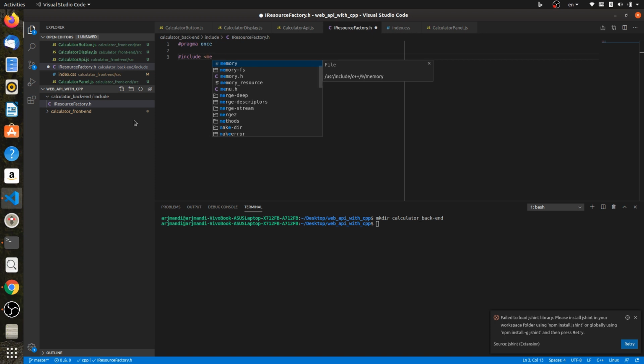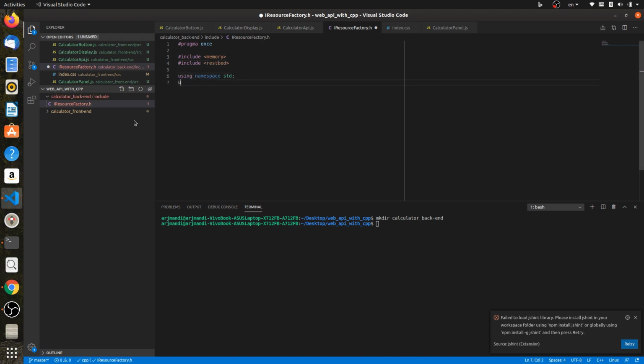Include memory, standard library, and then the restbed library, and implement an abstract function called getResource. Alright,